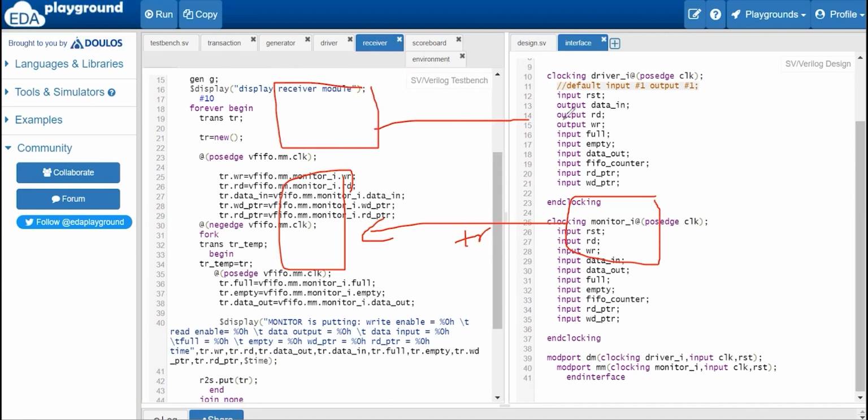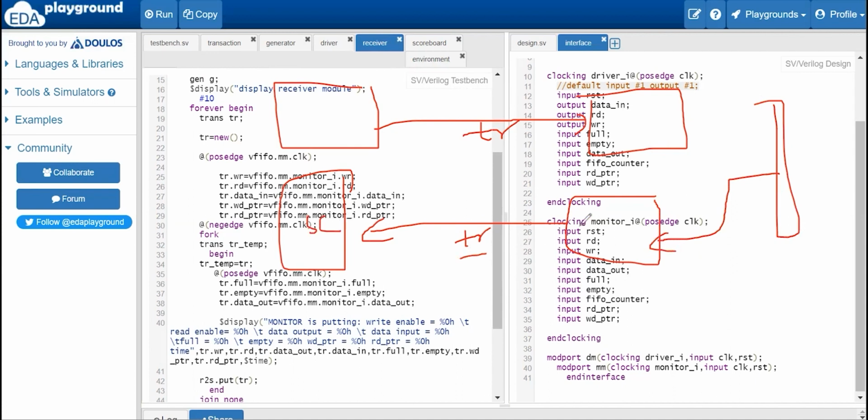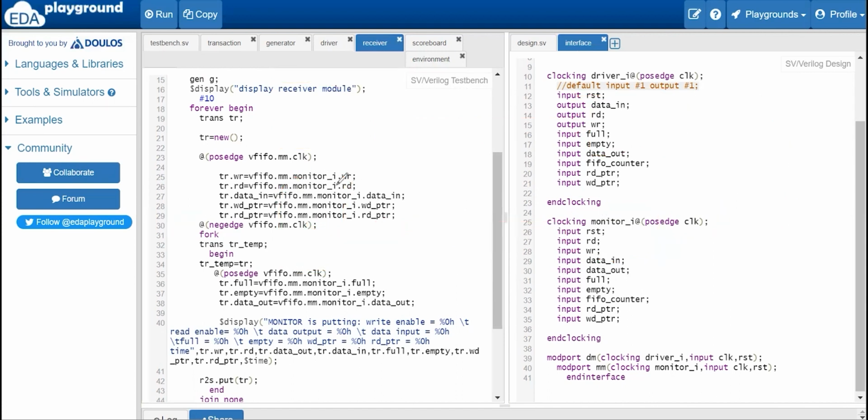And again from the generator to the driver, when you are sending through the transaction class, because all the variables are declared in the transaction class, right? So through the transaction only we will send the data. So whatever data the DUT generated is sent to the monitor, and the monitor sends it to the scoreboard via the transaction. Okay. So write, read, data in, write pointer, read pointer, all the things are sent to the transaction class